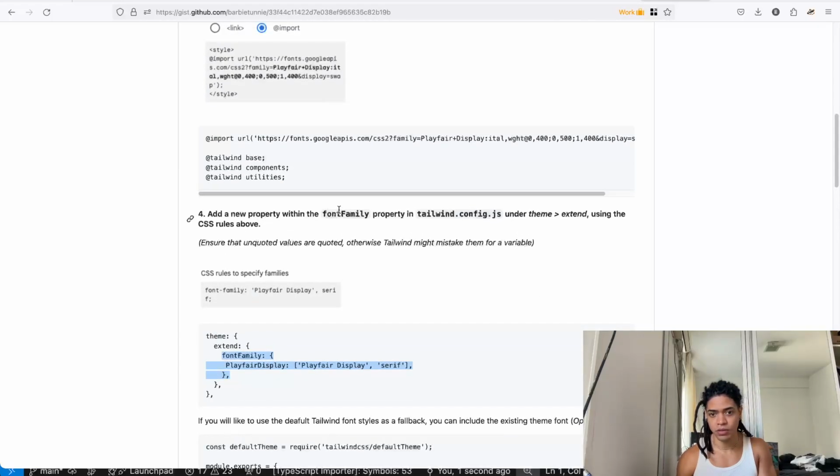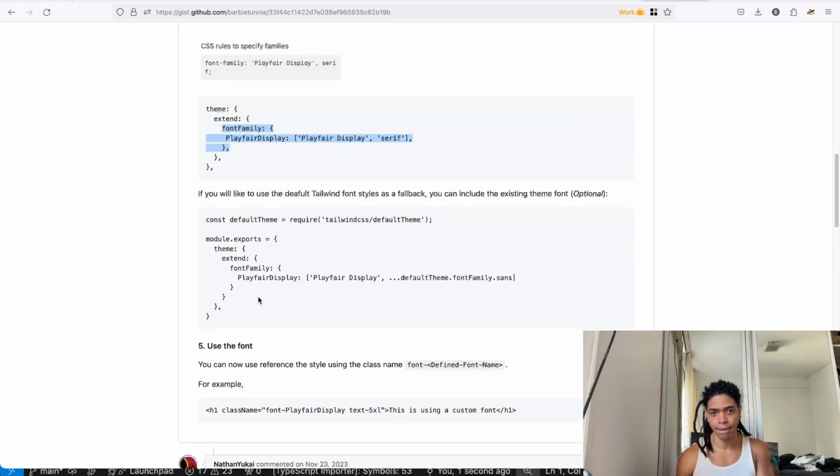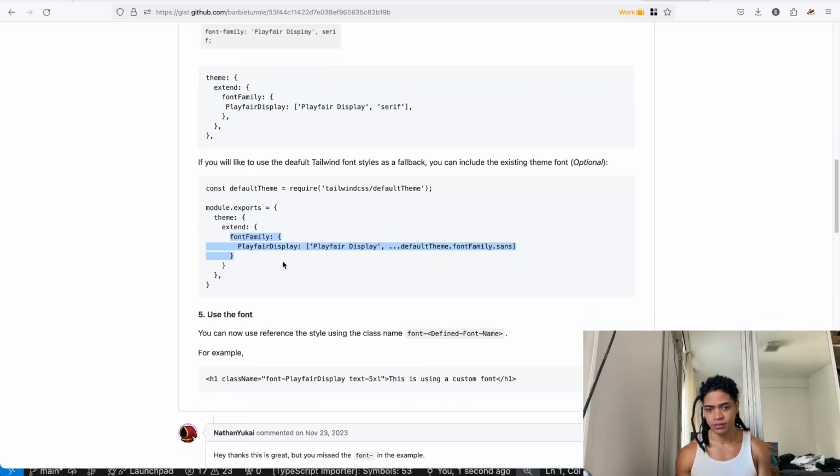Add the new property within the font family property in the Tailwind config. Use it under extend using the CSS rule above. Font family Playfair Display. The default Tailwind font as a fallback, use that here. So font family is this, font Playfair Display, this one.